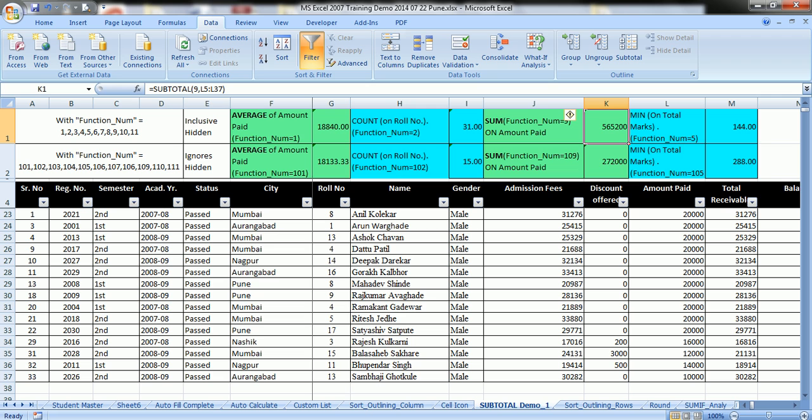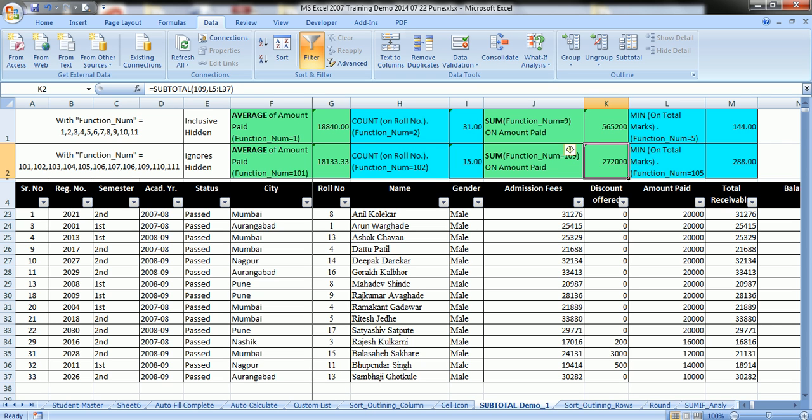This is how it gives you a choice of how you want the function to be set. Whenever you are working in Excel and you want values for a specific set of hidden values or open values, then you can get the appropriate effect of the function. Here it is the effect of sum.